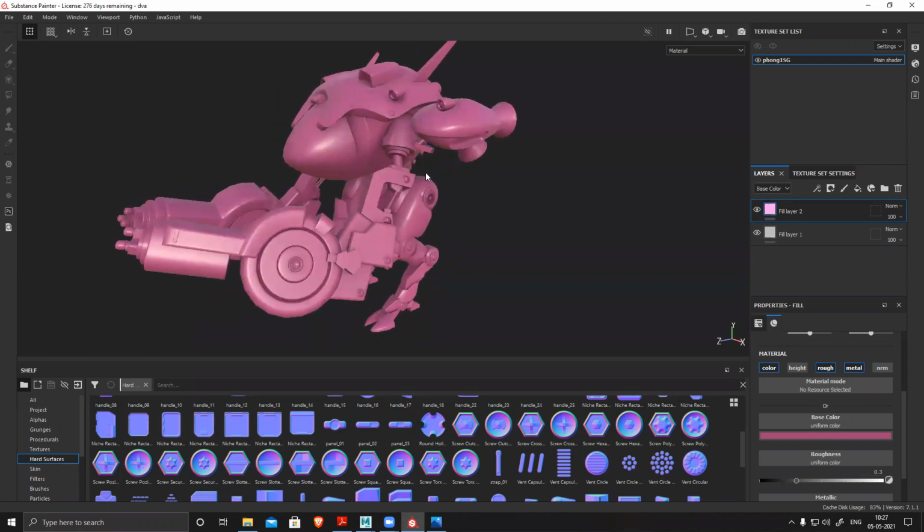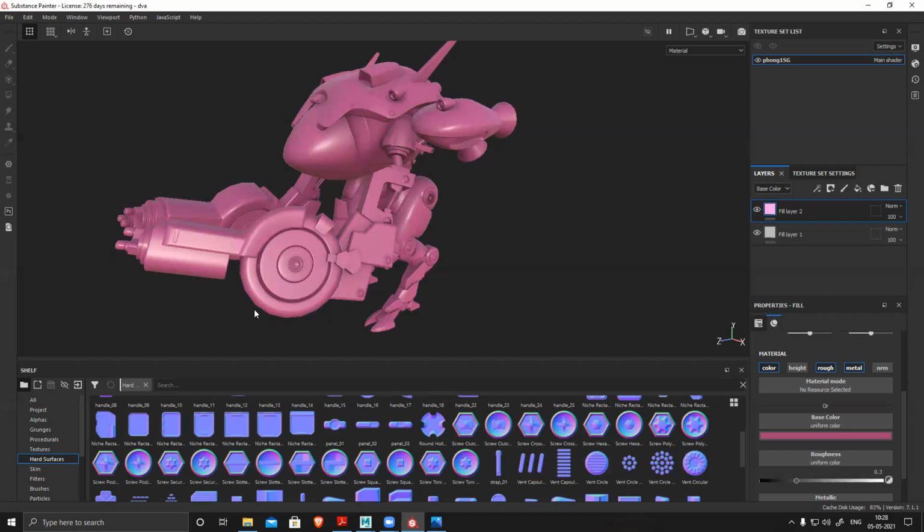So this layer is only solid color, but you can see my underlying metal is not visible at all. Everything is covered, right? That is something I don't want. I want that base color, those corners, to be visible. It's a war machine kind of thing, so there will be wear and tear and weathering.